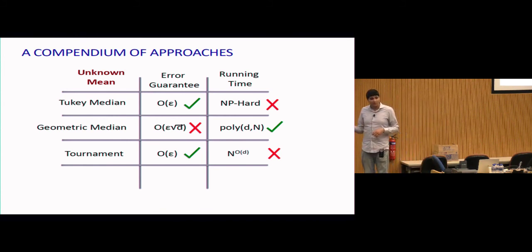So there are other things that you can do, and you can do this entire experiment for all of the estimators that are proposed in the literature. There's something else called the Scheffé tournament that you could run, which has exactly the same tension. It's wonderful in robustness guarantees. You get O of epsilon close, but you suffer from the same n to the d running time.